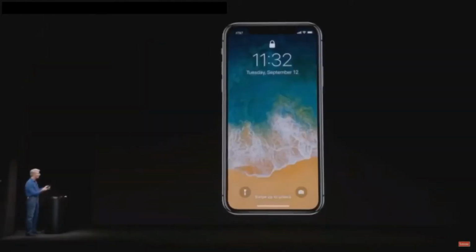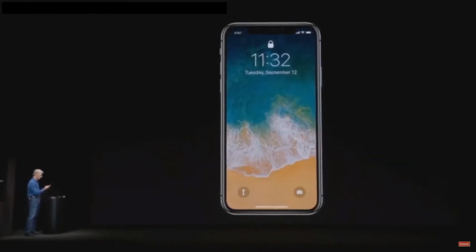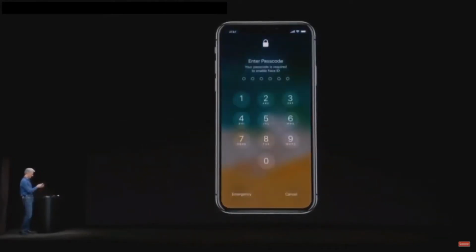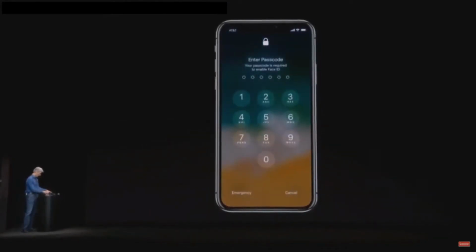Here is iPhone 10. Now, unlocking it is as easy as looking at it and swiping up. And, let's try that again. Ho, ho, ho. Let's go to backup here